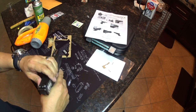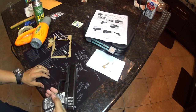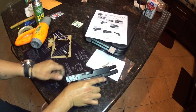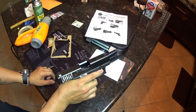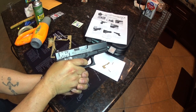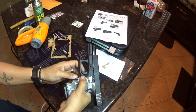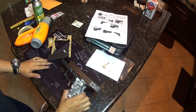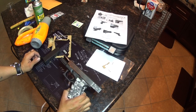Holy cow, man. Yes, it does make a big difference. Wow. Huh. Magazine comes off. Alright guys, so pretty much easy, super easy upgrades that you can do for your Glock, and